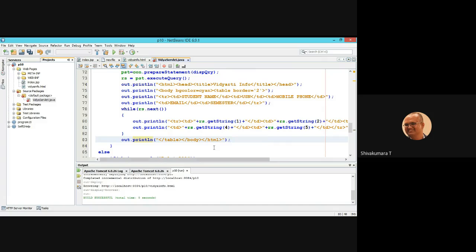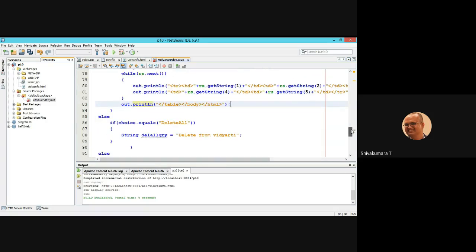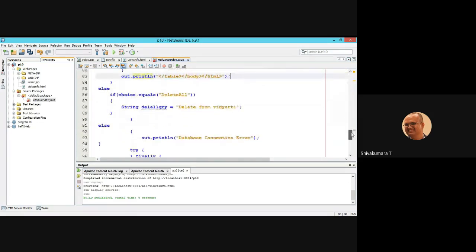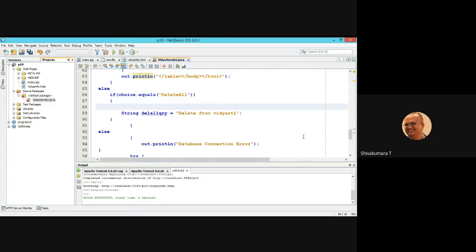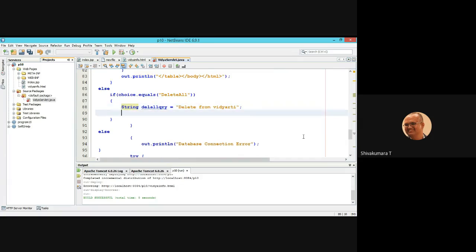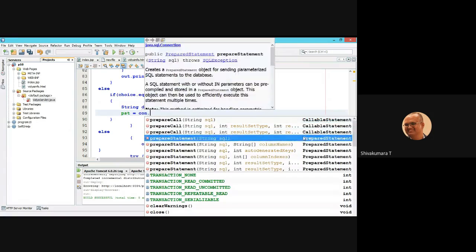Closing is over. Then after that, a display is over. Now delete all records. You create the statement or prepared statement. I'm going to use the prepared statement pst equal to con dot prepare statement.